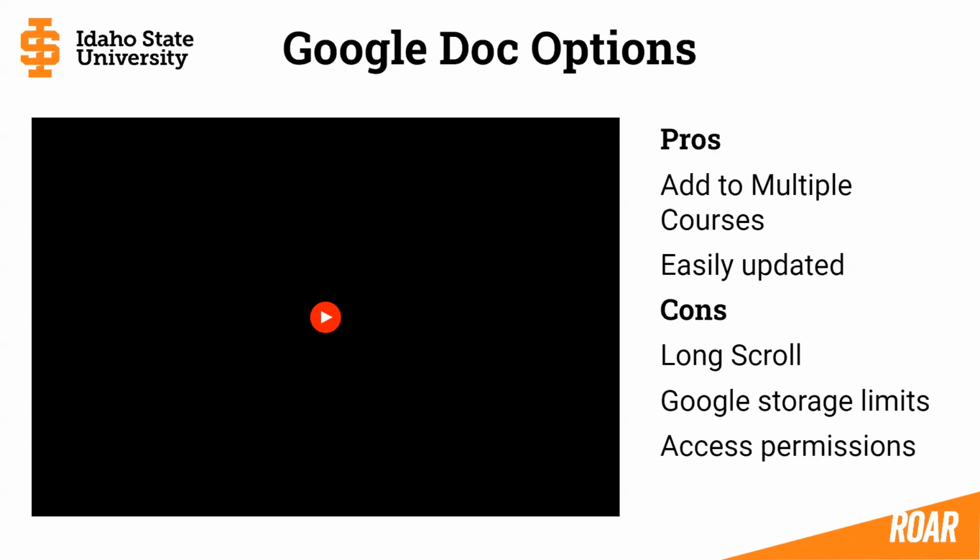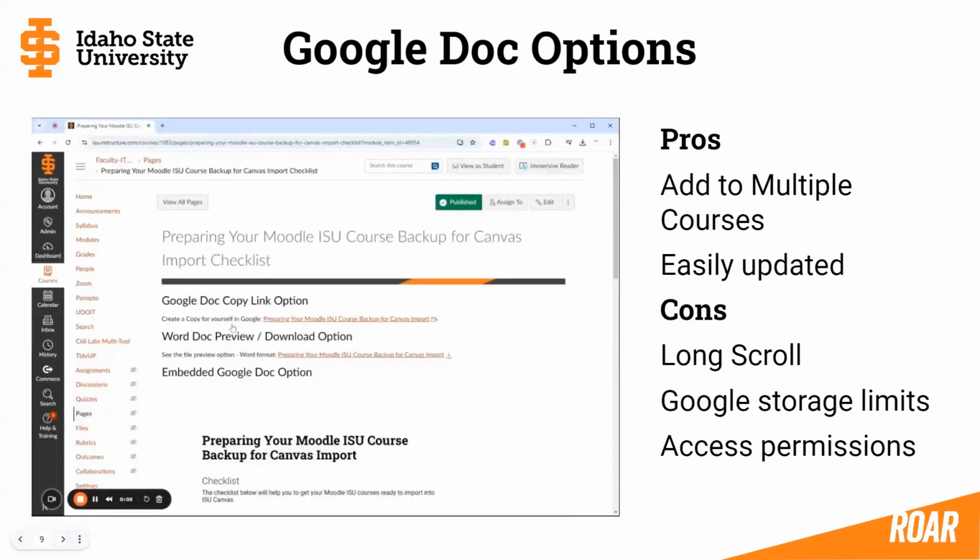The cons are, depending on how long of a reading you have, it could be a long scroll. Google storage limits, and remembering to have the right access permissions on your Google Docs. The other thing that I just thought of, because we were discussing it this morning, is organizing your Google Drive to make sure that you can find it again. But notice that there were 3 different options there with a Google Doc. One was changed into Word, but I wanted to highlight how that file feature works in Canvas. Next option